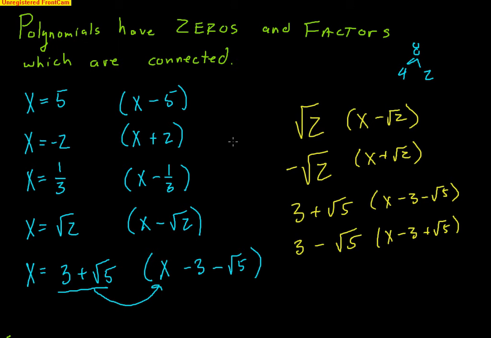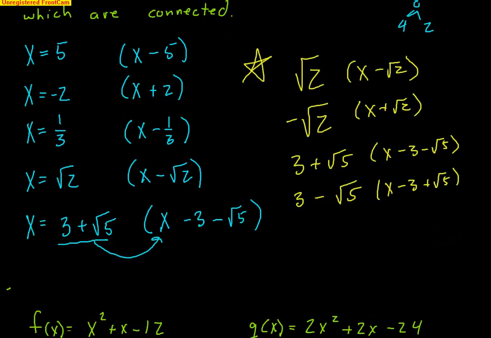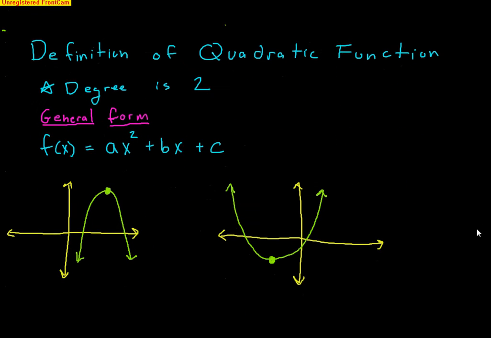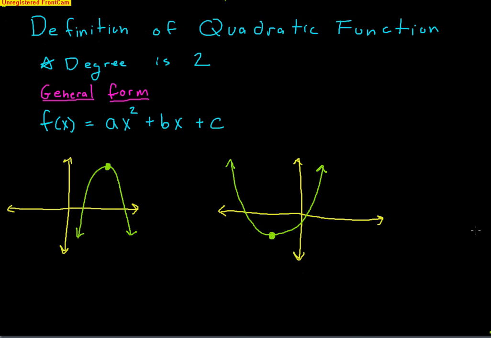But this is a really important concept that's going to come up a lot this unit, and that's that irrational zeros always come in pairs. Always, always, always. So if you know one, you automatically know another when you have those irrational square root zeros. All right, now let's jump ahead and actually talk a little bit more specifically about quadratic functions. We should already know a lot about this, so it should be a little bit of review, but I want